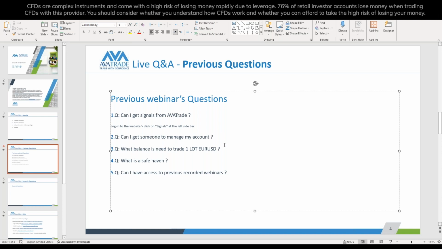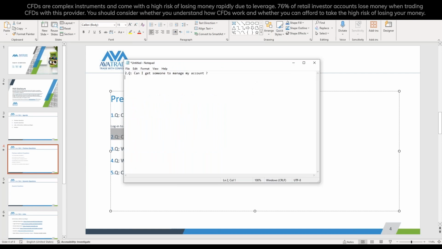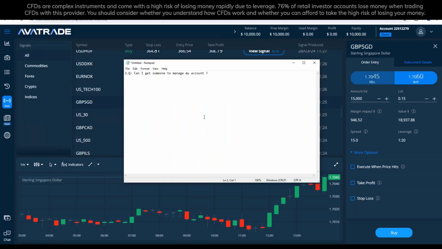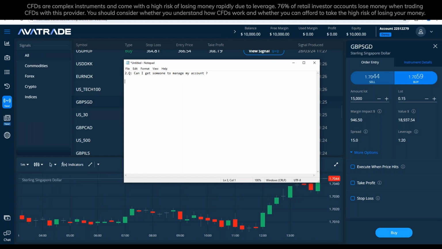Can I get somebody to manage my account? Well, this is okay. Let's take that. So with AvaTrade, you don't get somebody who will manage your account and trade on your behalf. We have other solutions for that, like AvaSocial and DupliTrade, which is a third-party company that can assist you with automatic strategies. But you can get somebody called a senior account manager, that will not physically manage